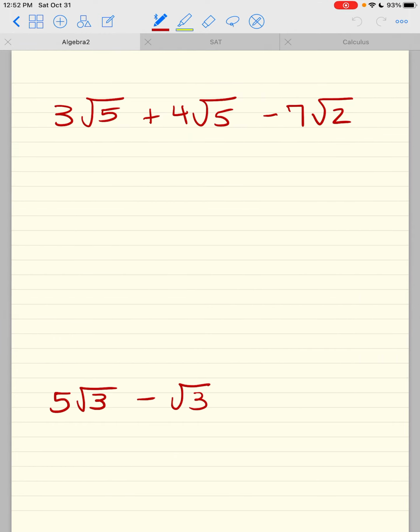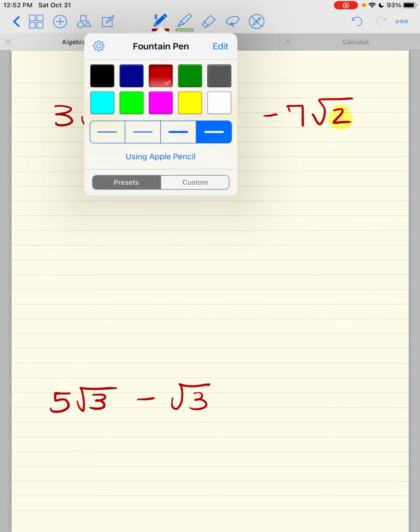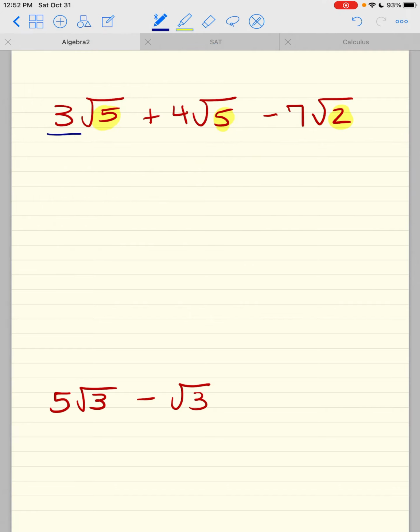The most important thing about radicals is that in order to add or subtract them, you need the same number under the square root. So you can only combine them if they have the same thing under the square root. This problem is going to be pretty simple. 3 square root of 5 plus 4 square root of 5, well, that makes 7 square root of 5